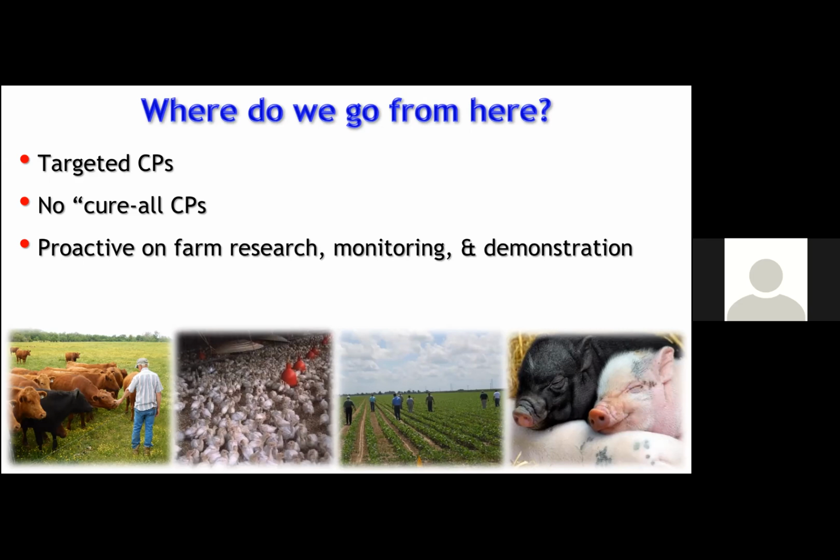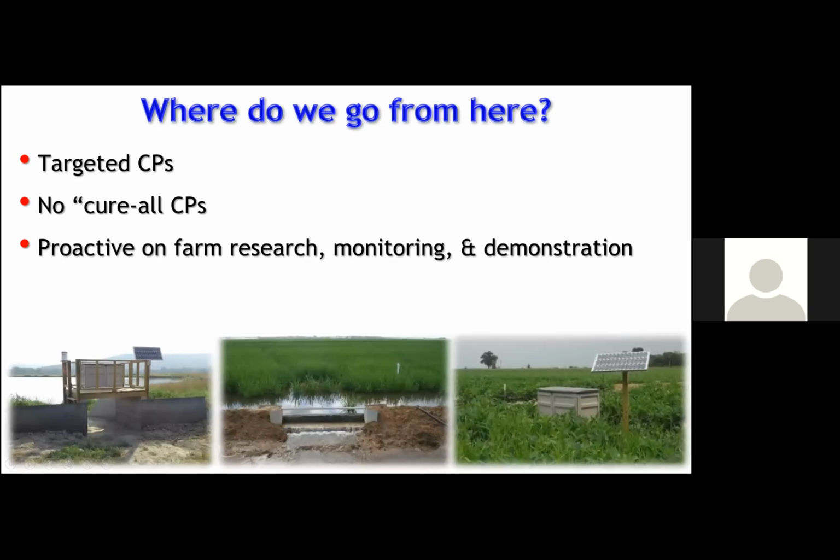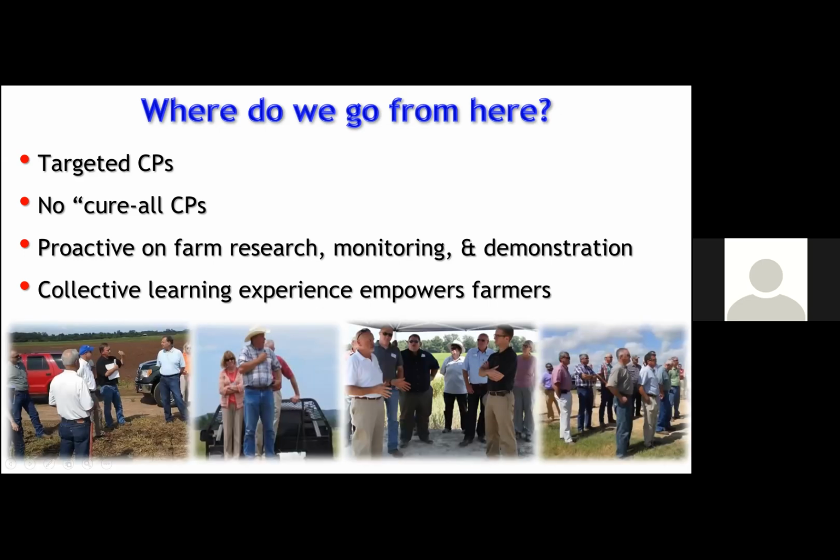But the real benefit we found with some of these programs, by putting these traditional water measurement devices in place on rice in different settings, pastures, here this is a poultry operation, is that it does provide some demonstration. But I think the critical point, which we all understand, is that extension is providing great benefits, but what we've learned is that empowering farmers to change, including them in what we call a collective learning experience, is a huge benefit to getting that message across,